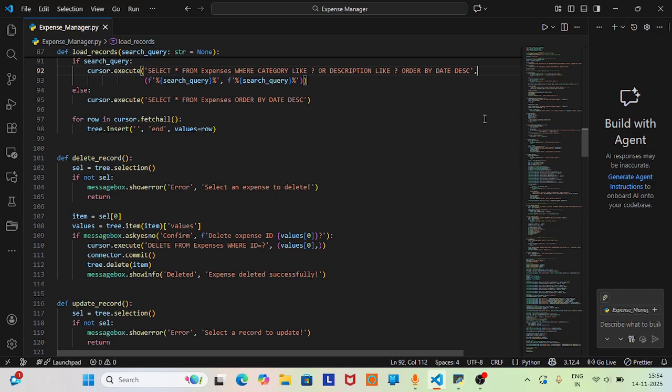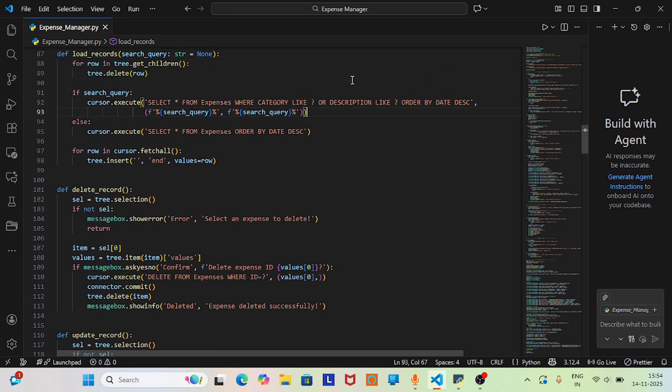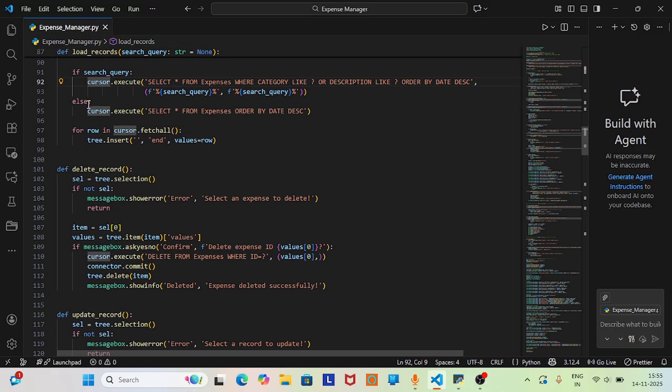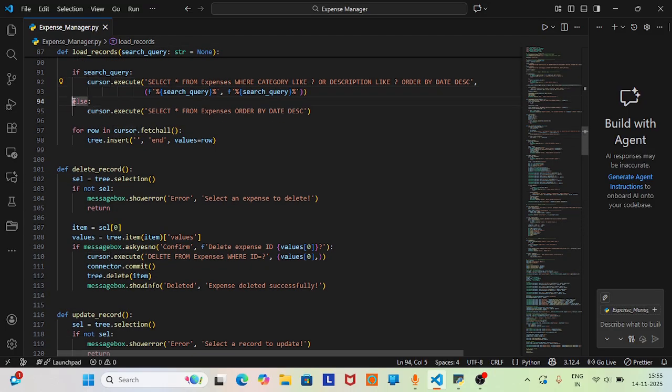Okay, and that you can see right here, I have written it like that, its own logic in SQL and Python. Okay, and if the user doesn't add a search query, then it will simply fetch all of the data values and order by the date and description. Okay,